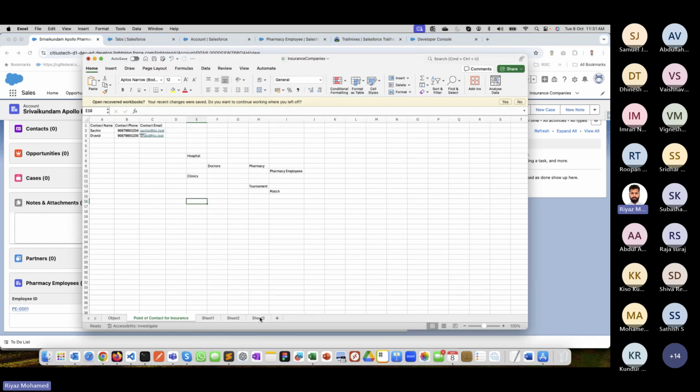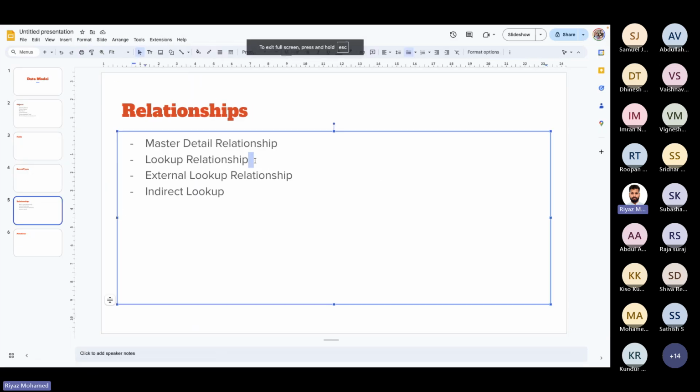Whenever we do analysis in any data source, we have to understand how they are related, whether master detail or lookup. Lookup is a loose version of the relationship where we relate two objects that can exist without dependencies. We do have another object relationship called